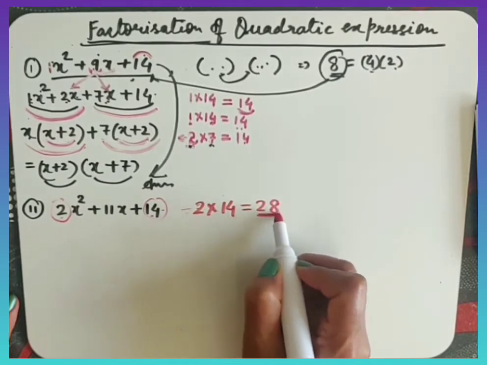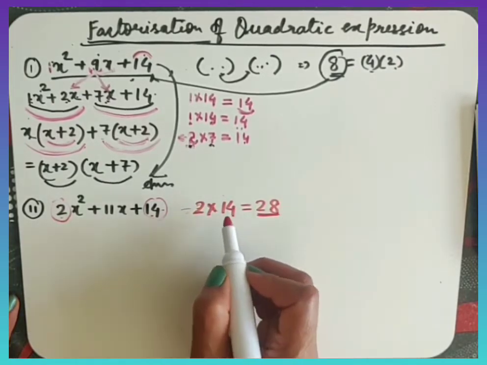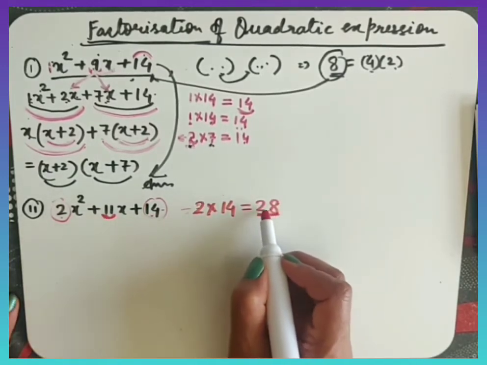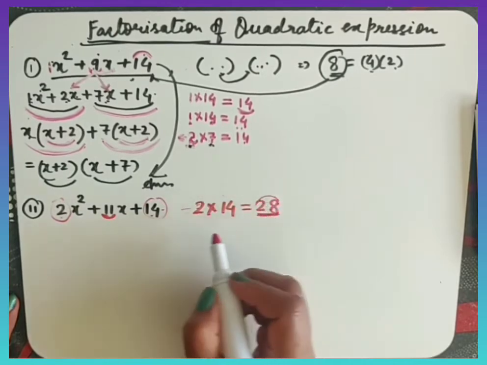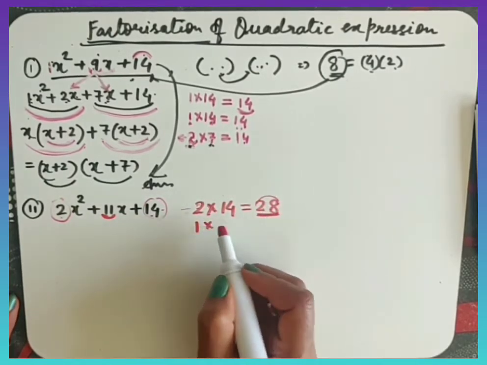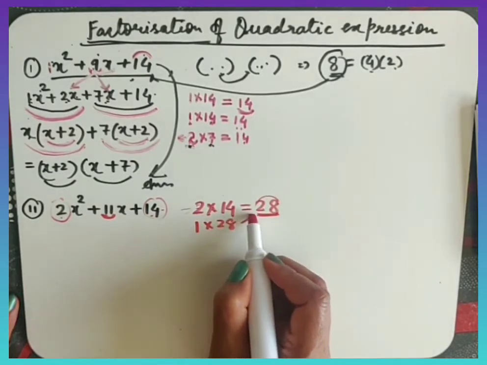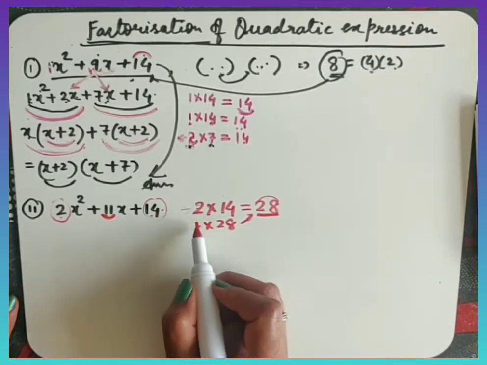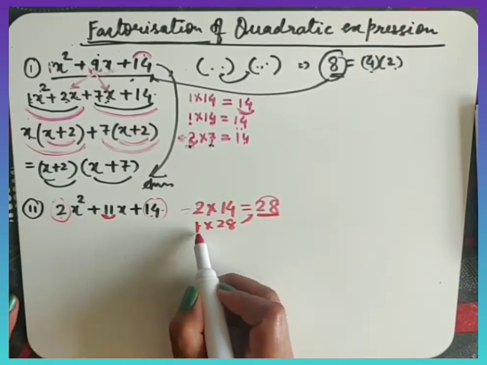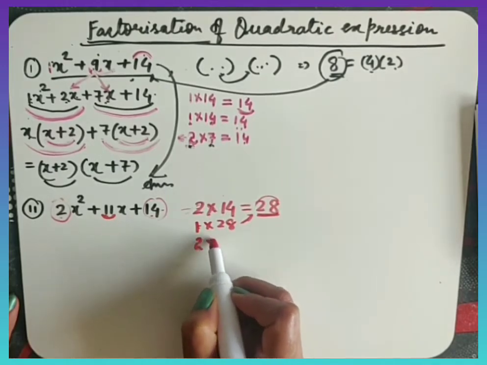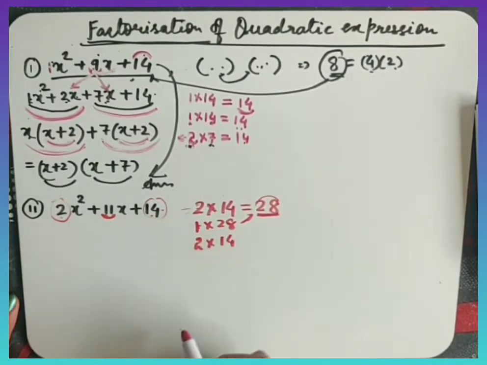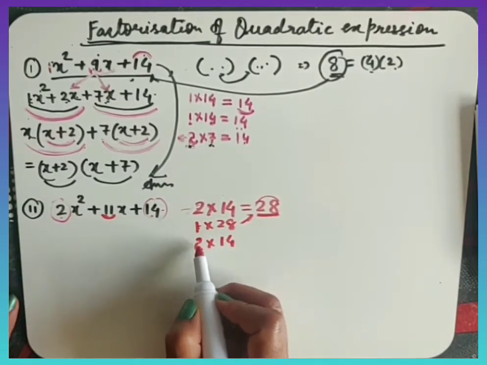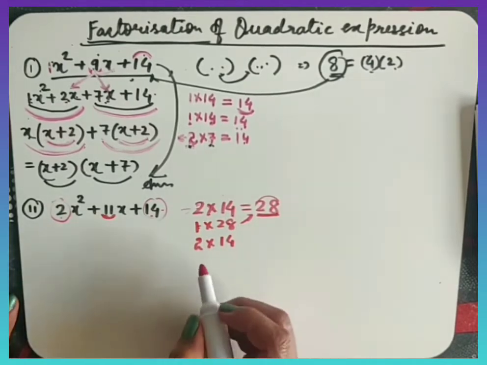Now find all the factors of 28, and in the same way think which two factors will give you 11. So I am going to find the factors of 28, starting with 1. 1 multiplied by 28 will give you 28, but 1 and 28, if you add or subtract, will not give you 11. So keep going. Write down 2. 2 multiplied by 14 will give you 28, but 2 plus 14 or 14 minus 2 will not give you 11. It will give you 12.